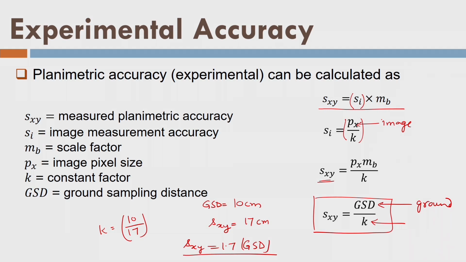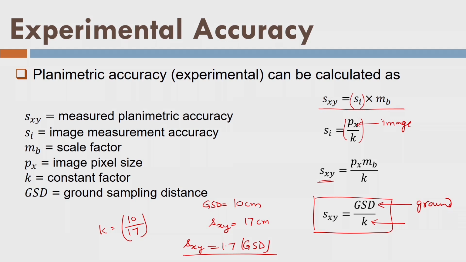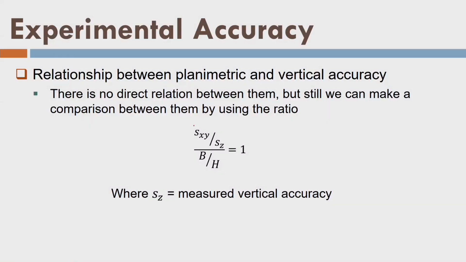So remember, these accuracies are determined with the help of field surveys, RMSE accuracy, or after determining RMSE accuracy, you are generating a simple rule of thumb. Similarly, you determine not only XY, you determine SZ also in the field as a relationship of, let's say, K2. That means how many pixels are there to indicate what is the ratio of GSD to the K2 and so on. And in general this idea is there that this factor should be equal to 1, the base to height ratio and the ratio of planimetric accuracy in the field to vertical accuracy in the field, not the estimated one. In general, that's the kind of expectation we have from our work.